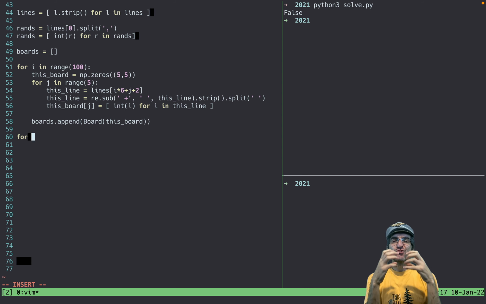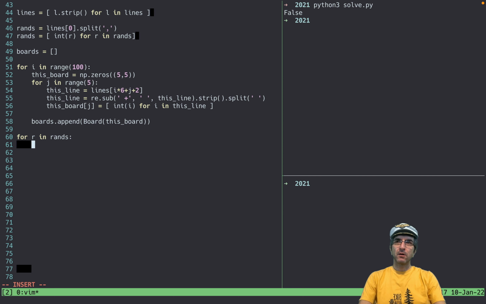Practically, I have just started writing the main part of this program. For r in rands, for each random number, what should I do? Okay, in all the boards, for board in boards, try all the boards one by one. This board, mark r.